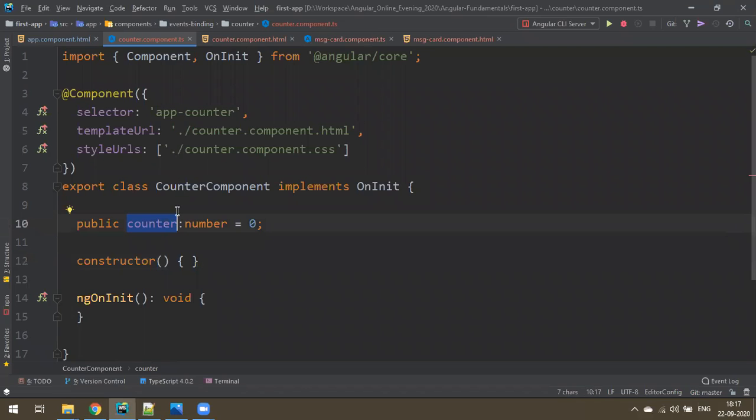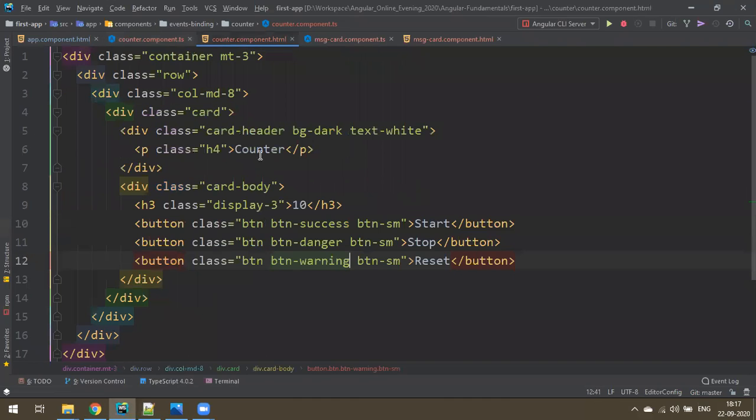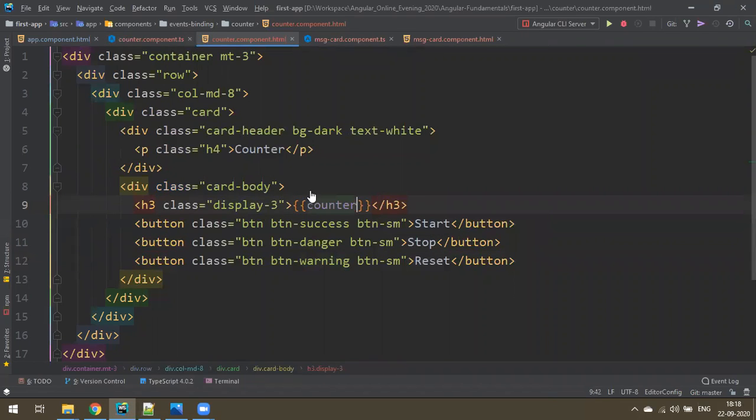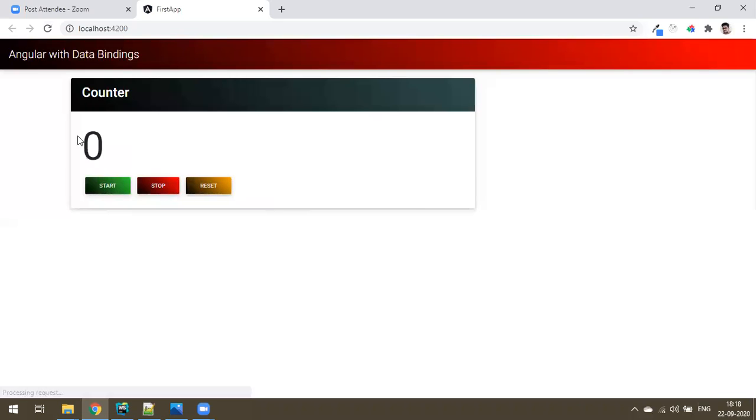Here how to bind is, go to HTML. See, I want to bind between the tag. Anything you want to bind between the tag, use interpolation. Any attribute or property you want to update, use property binding, right? So this 10 I want to replace with my dynamic counter value counter. So counter I initialize with 0, so you get the answer as 0, right?